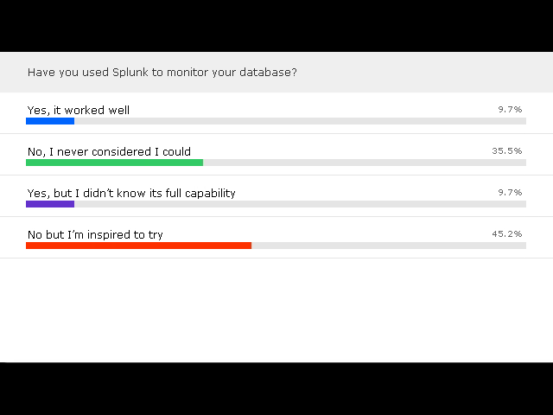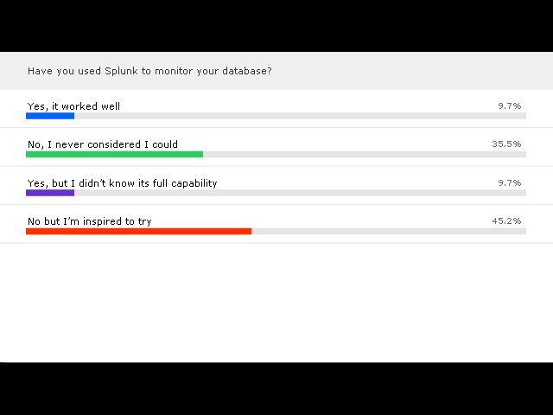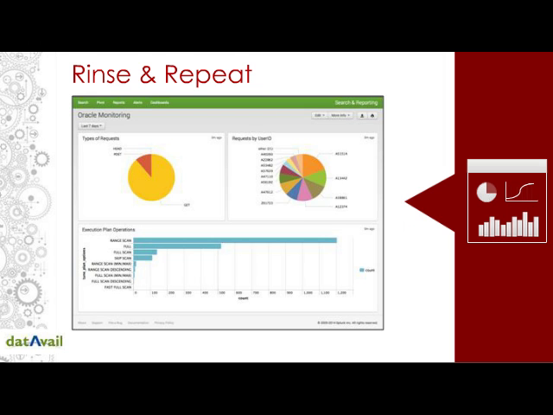So good. I'm glad people are encouraged and inspired to try. You can see it's not complicated to get started. And there are those who didn't even know you could do this. So that's great. So I've stepped through how to collect the data,